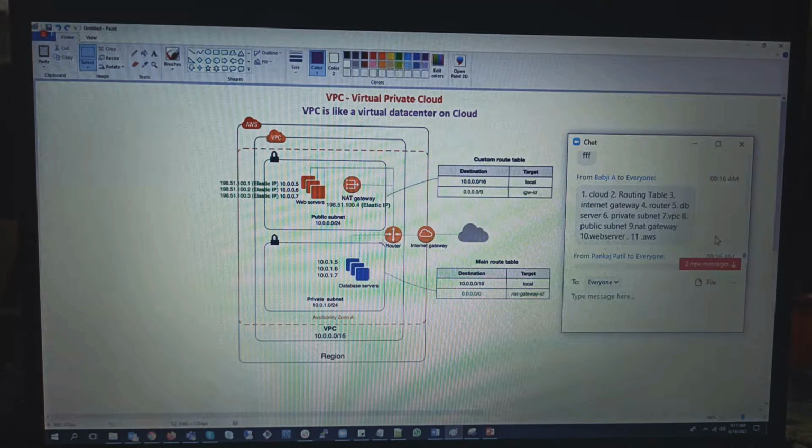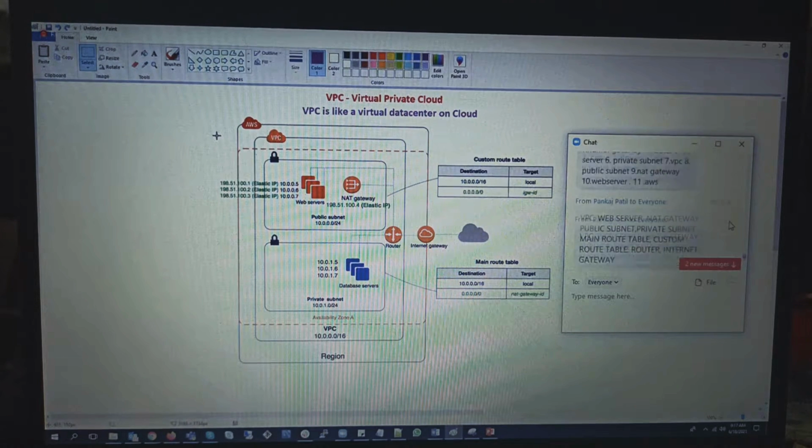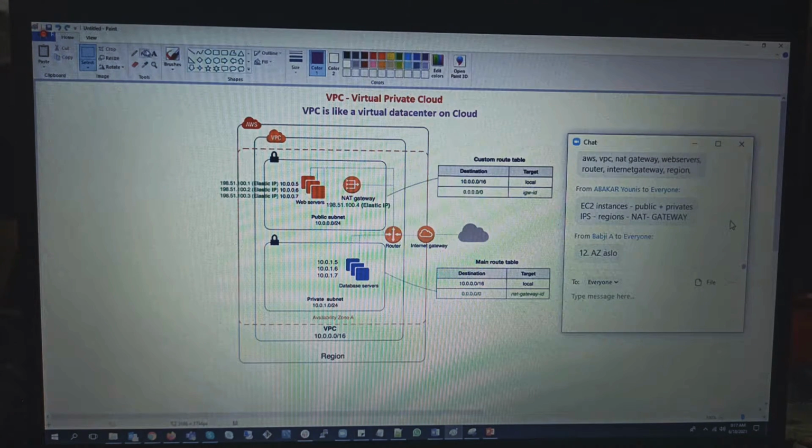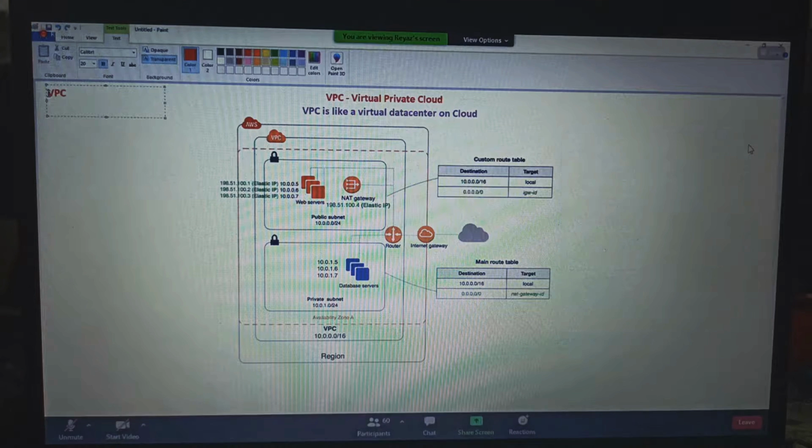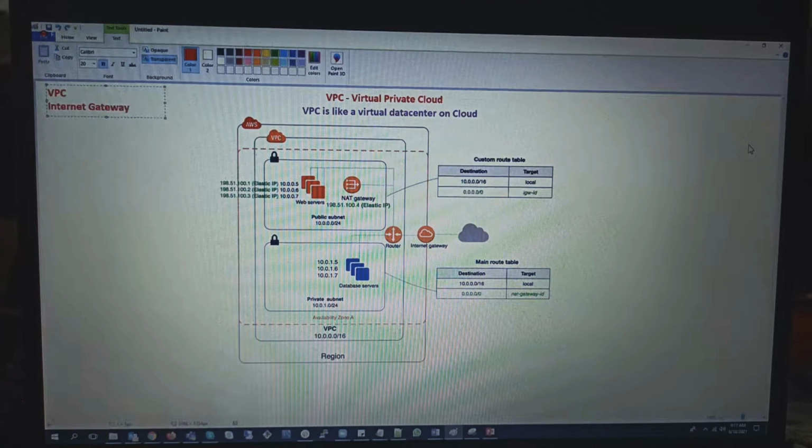Excellent. Right. So mainly here, everything is inside the VPC. Everything is inside the VPC. And next, we have something called an internet gateway. The main things, availability zones, all these things, we learned already. But let us learn what is not here. So we have the VPC.